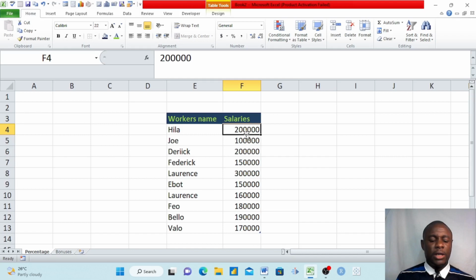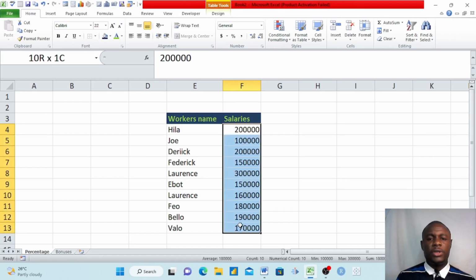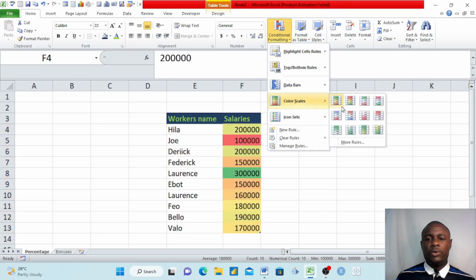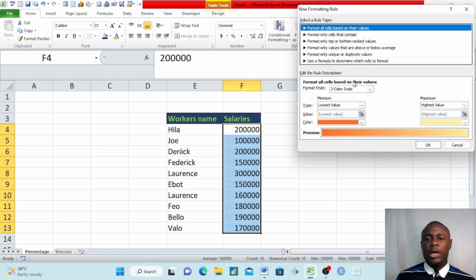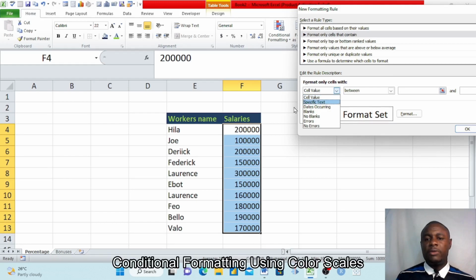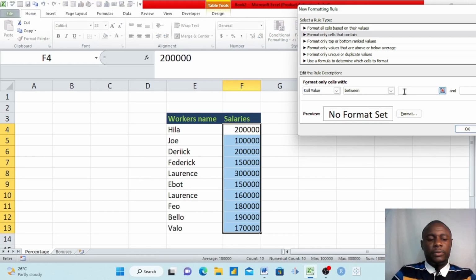If I come here again and choose this data and go to my conditional formatting and color scales, and I choose more rules, and I say format cells that contain. Okay, so I want cells that contain. Here you have different options: specific text. Here we are dealing with values, so if we were dealing with names, I would have chosen text, but now I'm choosing cell values that are between 100,000